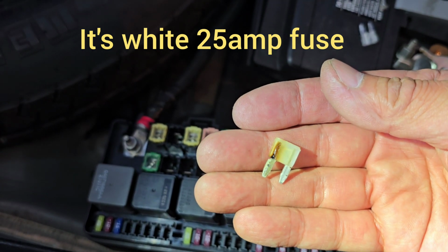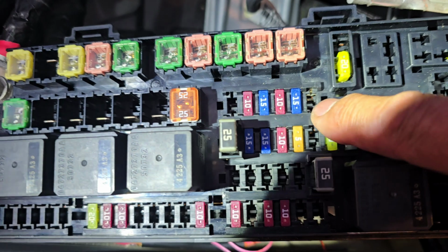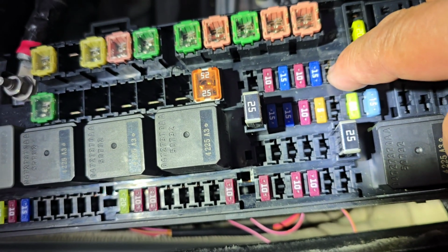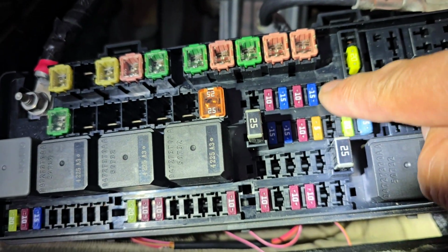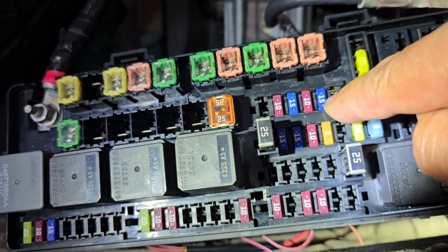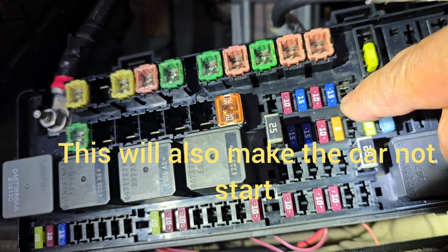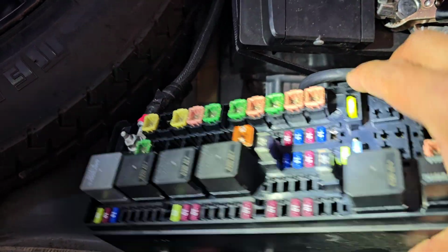Now, when this happens, when it burns up, usually the contacts where the fuse goes into get melted as well. So not only is this fuse popped, but it also burnt out this contact right here. This side is the in, this side is out. I'm going to show you underneath. So if you go underneath,